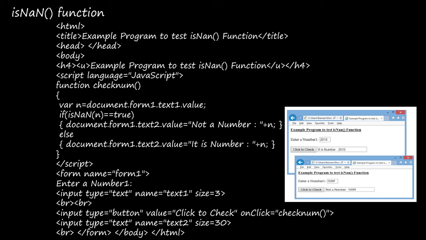And if we call that function name anywhere in the program, the statements inside the brackets of function checkNumOf will be executed wherever you call this checkNumOf, right?